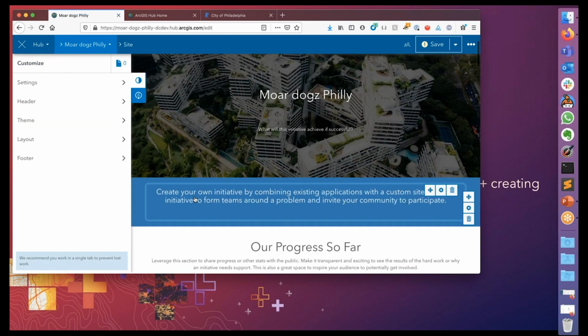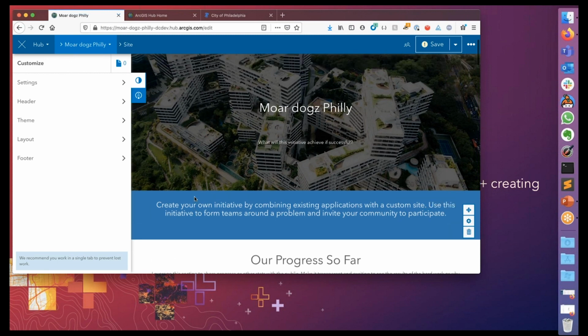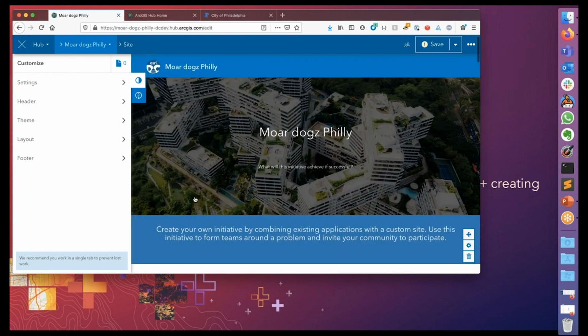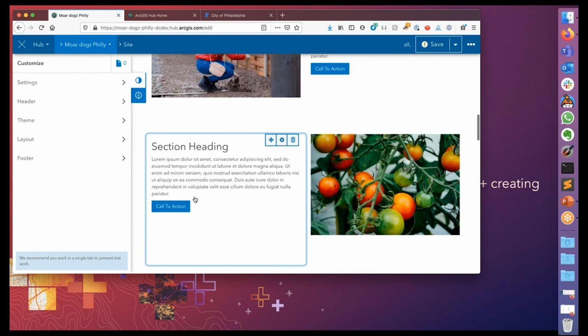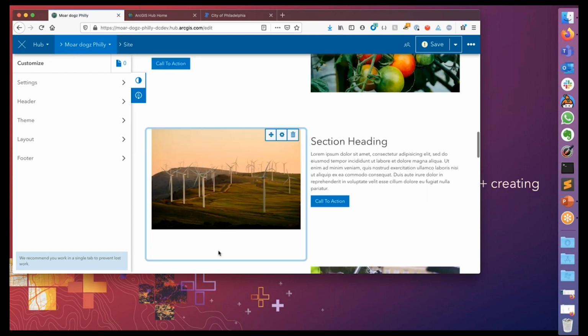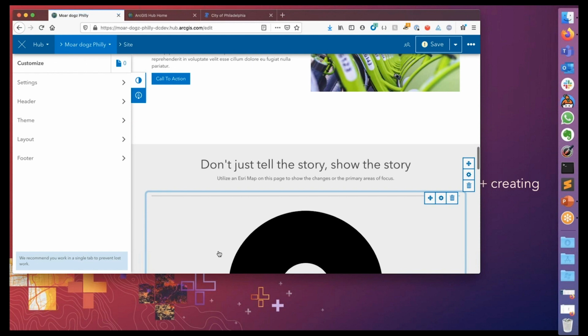But the main thing is with a couple clicks and a name, I have a starter site where I can start building my focus out. And this layout is guided to kind of help you think through what kind of things you want on your site. With that, let's talk about